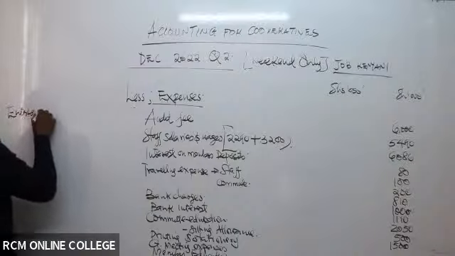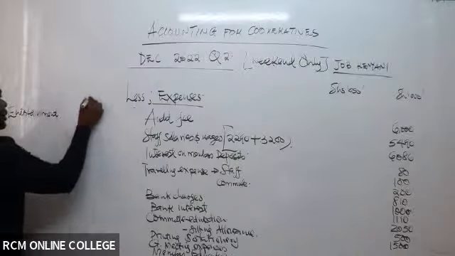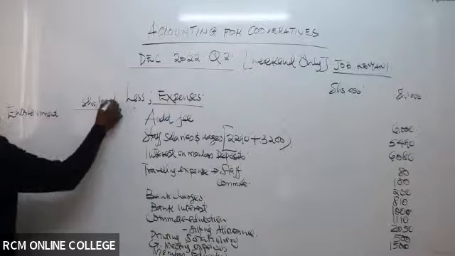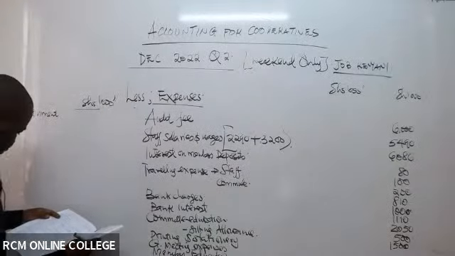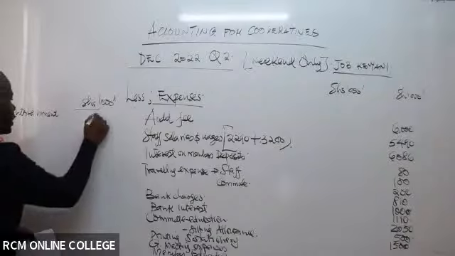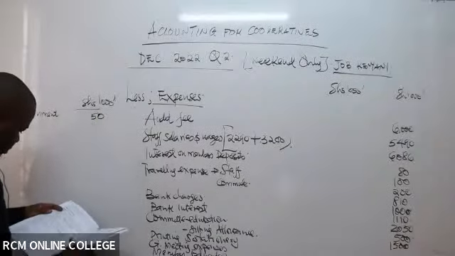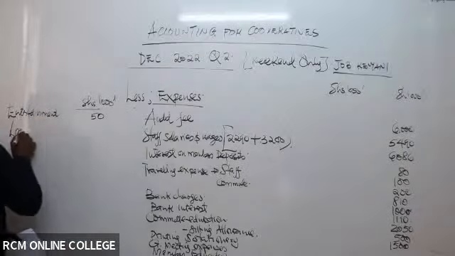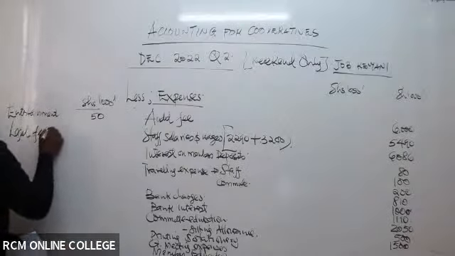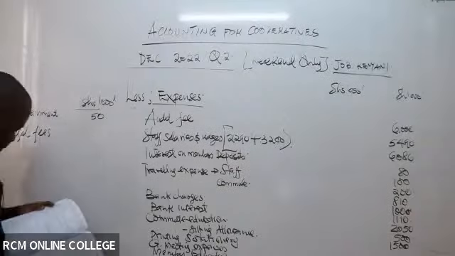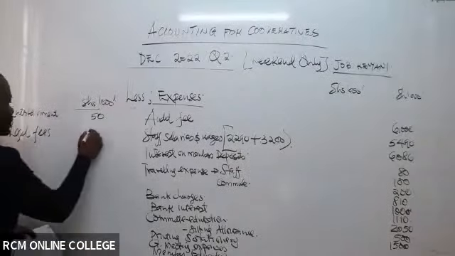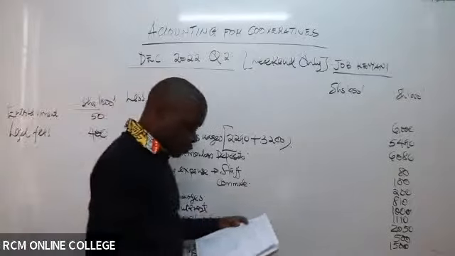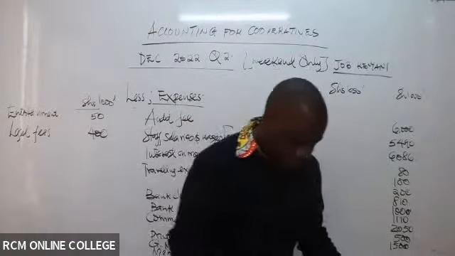Still entertainment for members, another expense. So just continue with your trial balance in your book there. Still in thousands. So what is entertainment? Entertainment was, I think, 50,000. Then we have legal fees, another expense. This is probably money they paid to lawyers to maybe facilitate their workings. So that is 400. It's still an expense. So you continue to look at the debit side of the trial balance, whether there's actually any